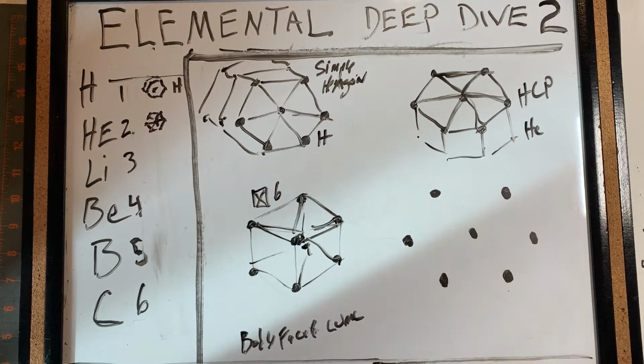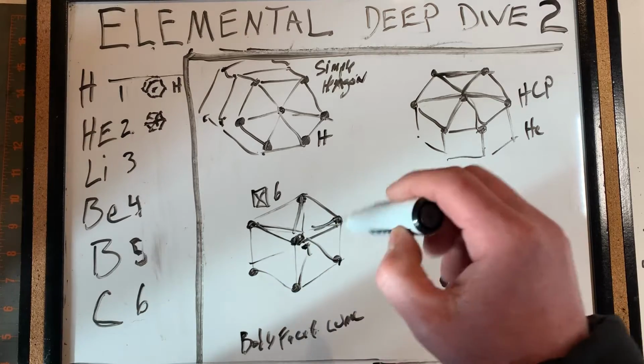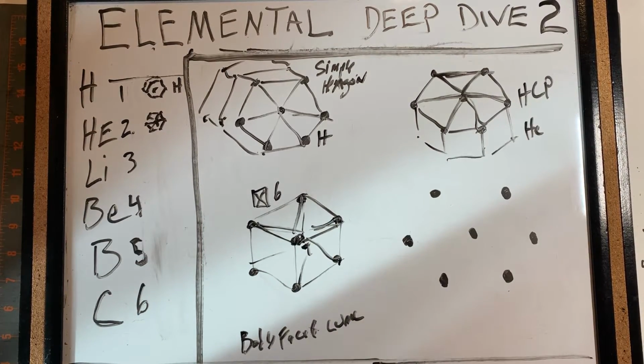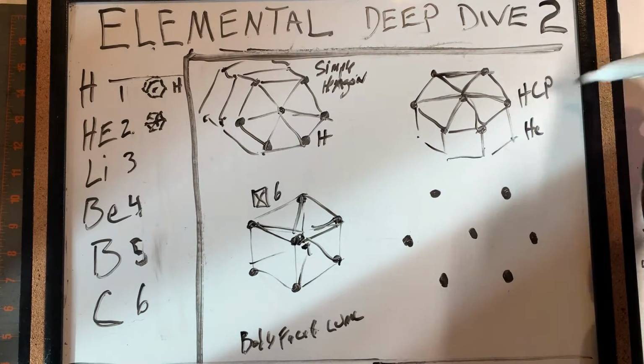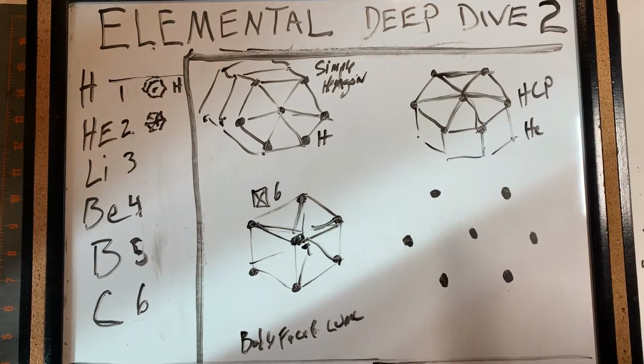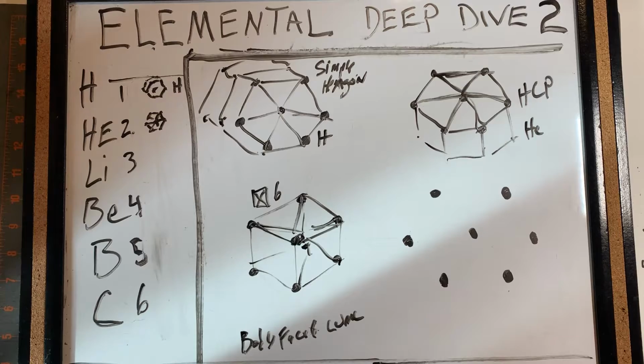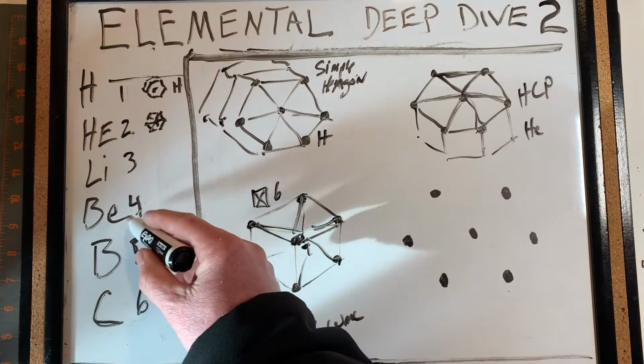So then we go, okay, cool. That's really neat. We've turned a hexagon into a cube in 3 dimensions. This closely packed helium is in 3 dimensions, and then this simple hexagon is in this dimension. And this is one of the coolest ones. This is beryllium. What it does, when you put a bunch of them into existence here, drawing in 4 dielectric lines of force, because beryllium is 4s,